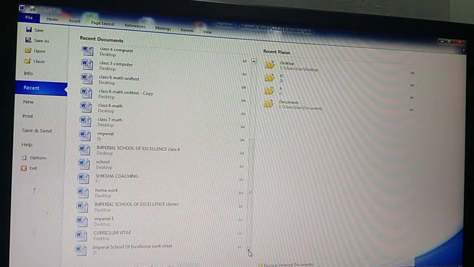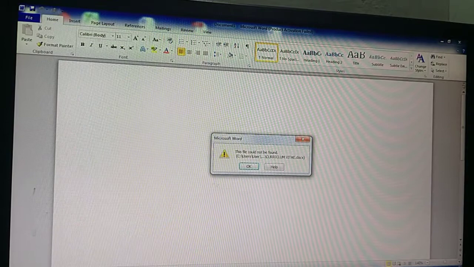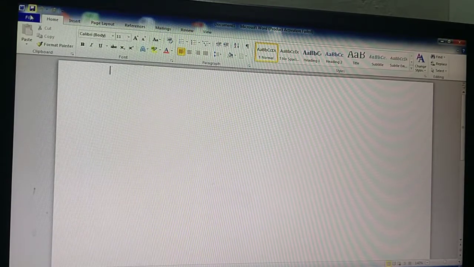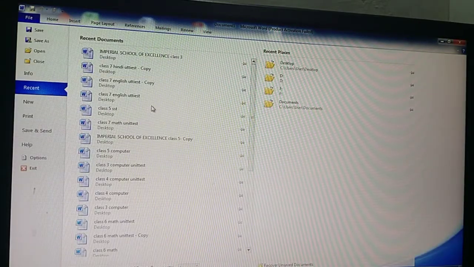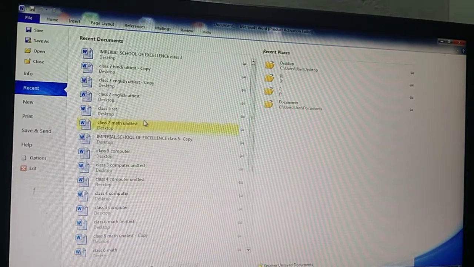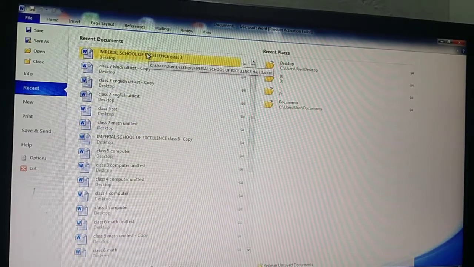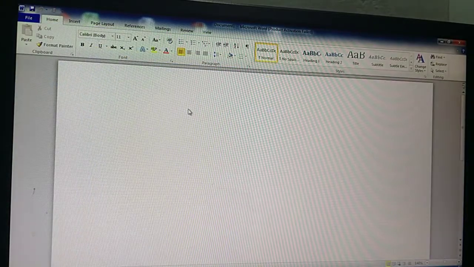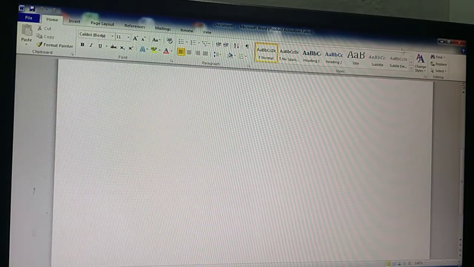Now if you want to open any file from here, you can select any file. Suppose I am selecting this one. Then you can click here and see the file will be open like this. Suppose we select any other file, this one, you can see the file has been opened.